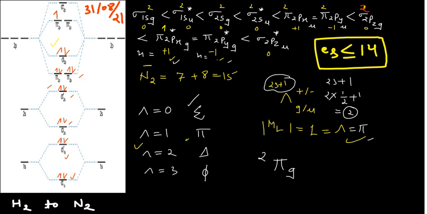This is very, very important, which you should know. So the term symbol would be 2 pi g. There is no problem in that. But see guys, you may argue why you are selecting this molecular term symbol, because you may have other things also. You may have 1 also here in that case. But I am not going to discuss that point. I do not want to confuse you by putting different signs here, but this is how you can write it. So this is for your nitrogen molecule.